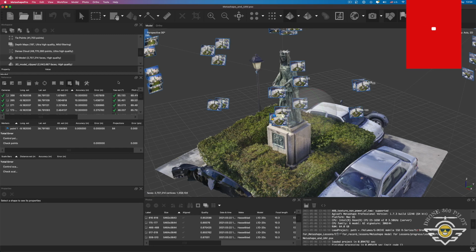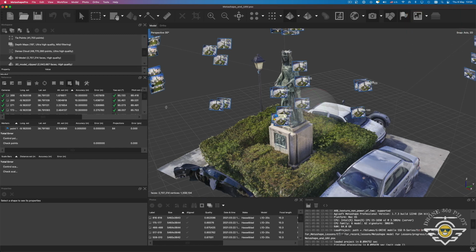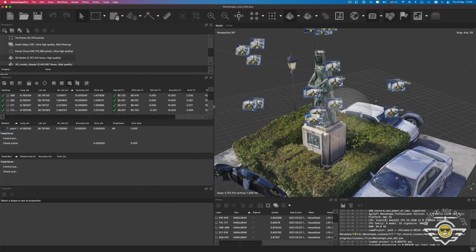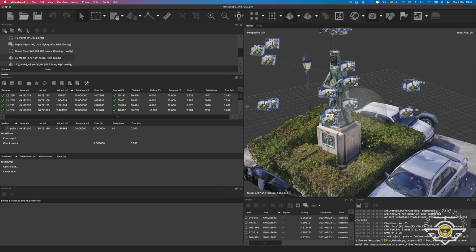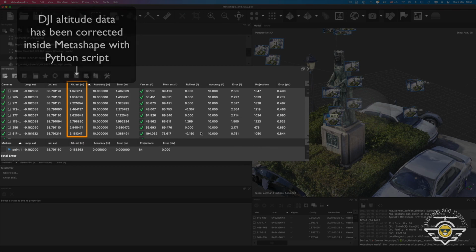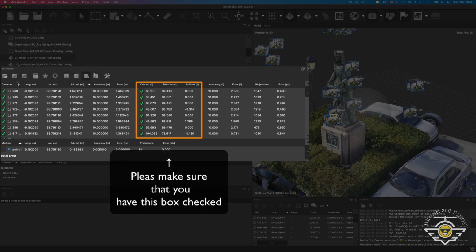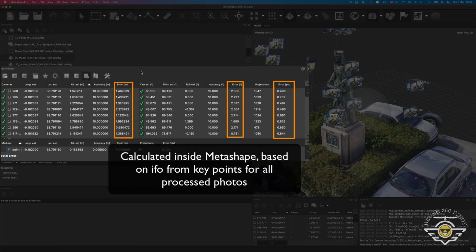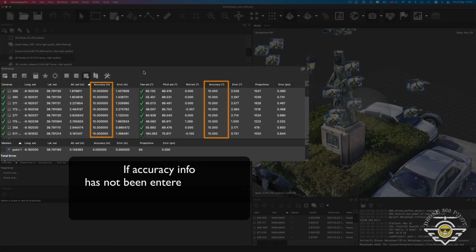Our next area of exploration is reference panel. The reference panel designed for displaying and editing camera and markers coordinates, displaying altitude for each shot, displaying gimbal orientation angles, displaying estimation errors, displaying and editing accuracy parameters for camera and marker coordinates.